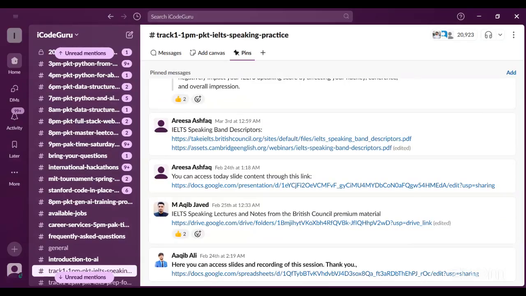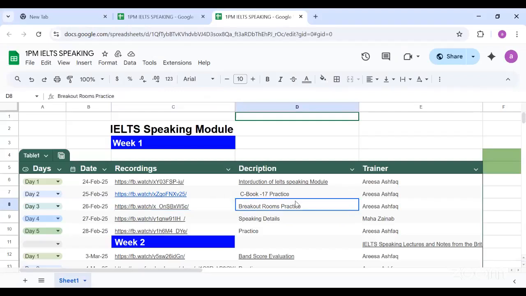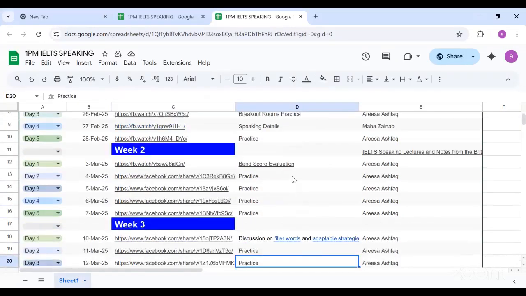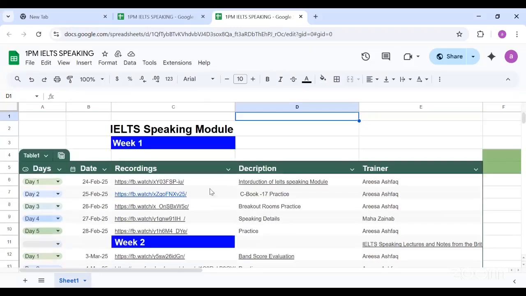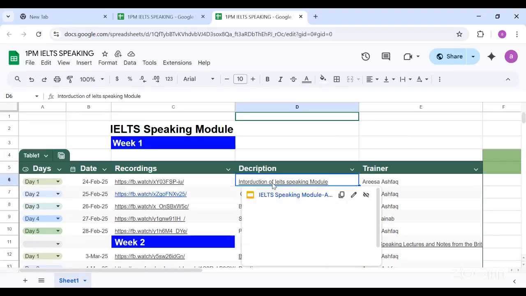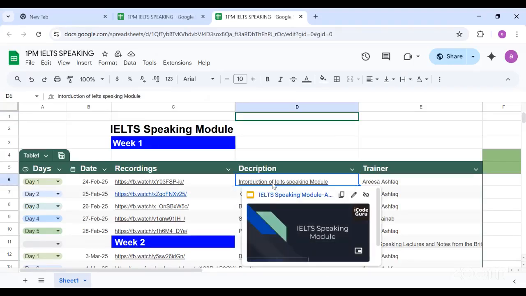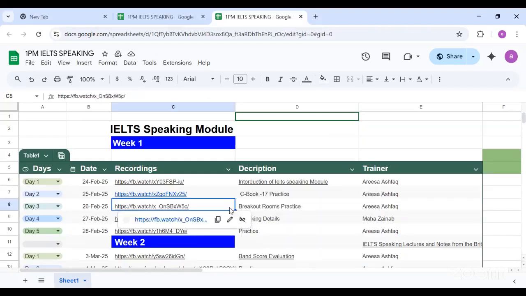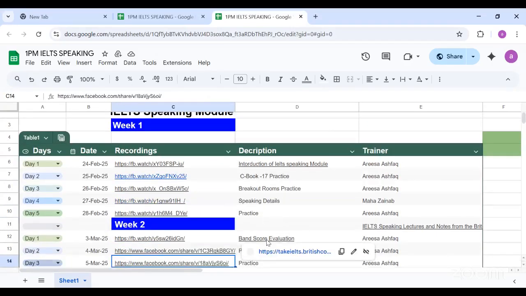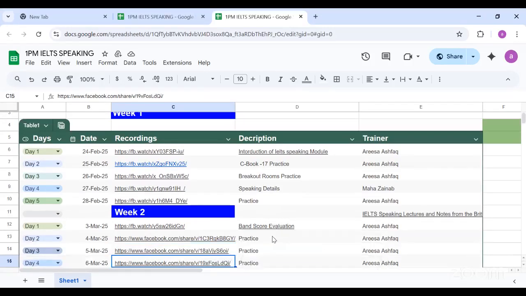The topics which we have discussed every day, you can see now, this is the sheet which I found through the link in the Slack channel. So you can find a recording of each session as well as what we have discussed. Mostly we discuss new topics in the Monday class. So this is the introduction of the basic module you can go through, and then this is the marking criteria which we have discussed, and then you will click it. These are hyperlinks, and you can find the resources which we have discussed.